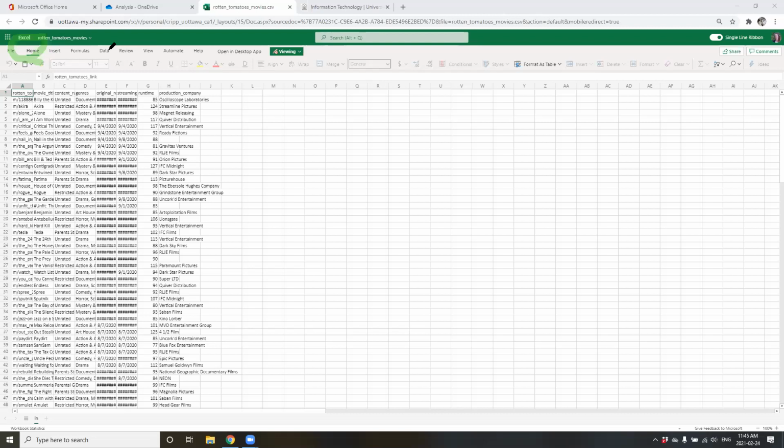features commands that enable you to connect to external data and manage the data in your spreadsheet. We have here Review, which protects data integrity in your spreadsheet and has functions like spell check, protect sheet, protect workbook, and track changes. View allows you to control how you visually interact with your spreadsheet. And I'm going to remove this here. Open in Desktop, which we will eventually get to, so you can work within the traditional desktop view. So by default, because I'm in Excel on the web and I've opened a CSV, I can't actually modify any of the data. I have to convert this into a format which Excel will recognize. If you're in the desktop application view, that's not an issue, but I will have to do this in the web view.